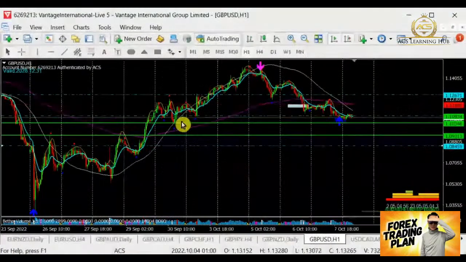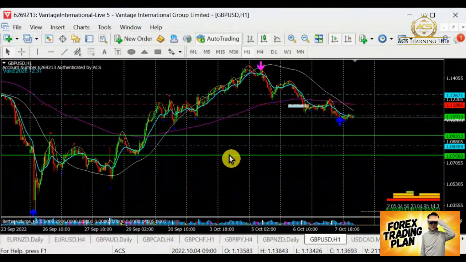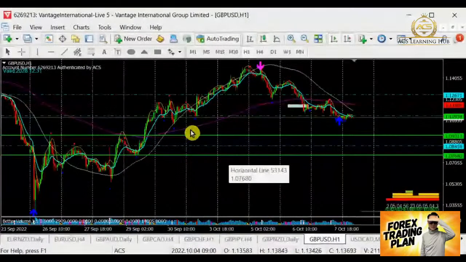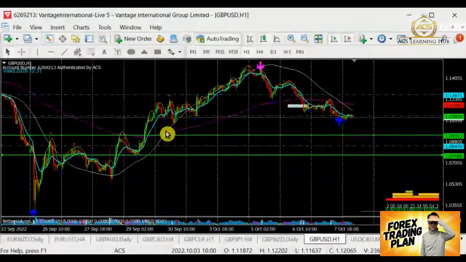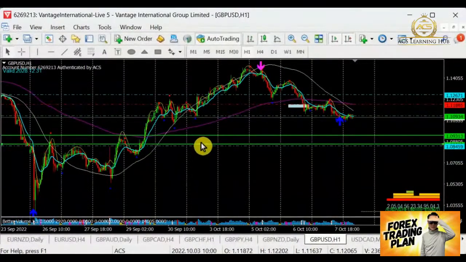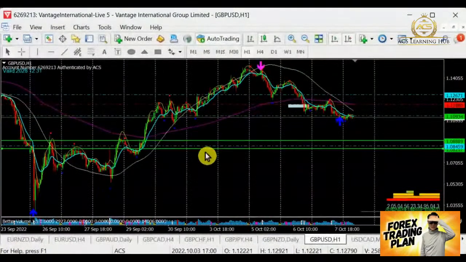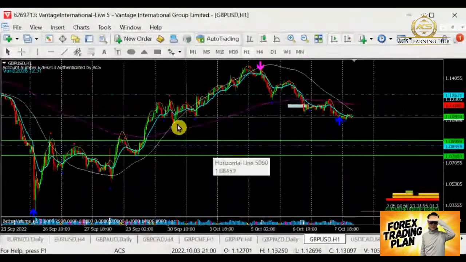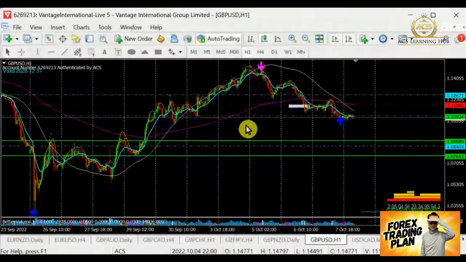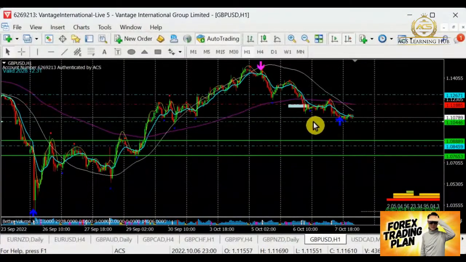I have one level here. This level is something that I am quite keen on. Sorry, this level. This should be the level, then to this area. This is the area that I'm looking out for. Currently, I'm going to watch out for the support level, which is going to be very near to me, which is going to be here.